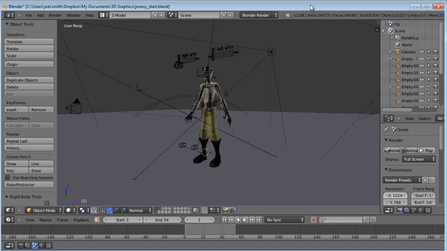Alright, our first animation of Jonesy. We are going to make him do just a simple jump. I'm going to have him jump up in the air and land back down. So, as I do this, I'm going to try and show you some basic things about animation and moving a